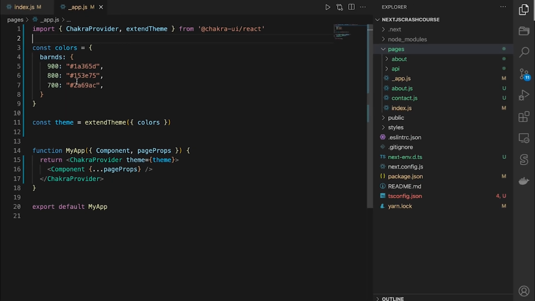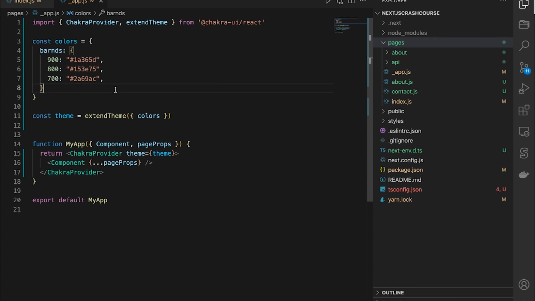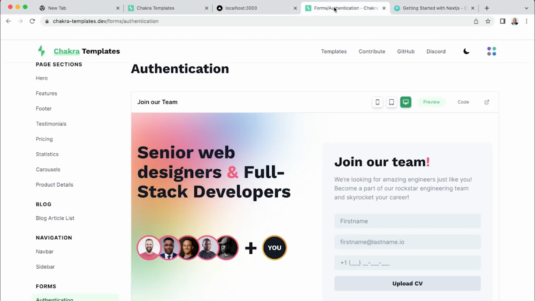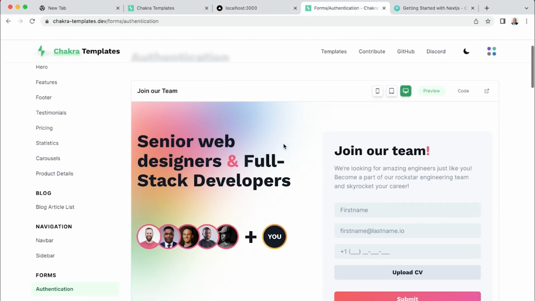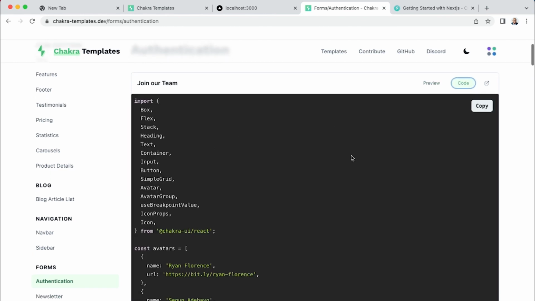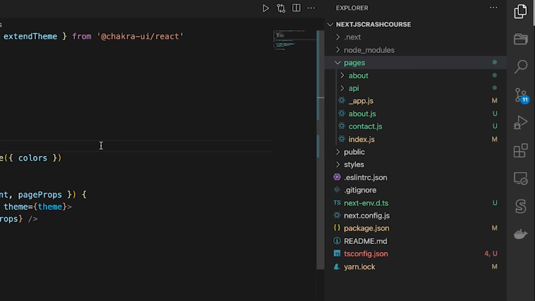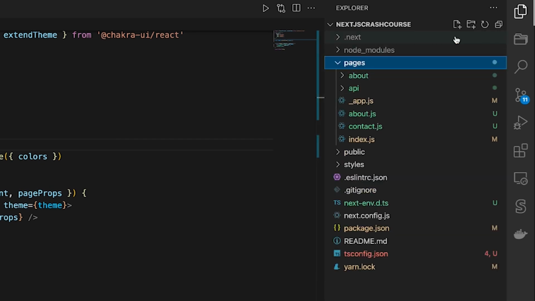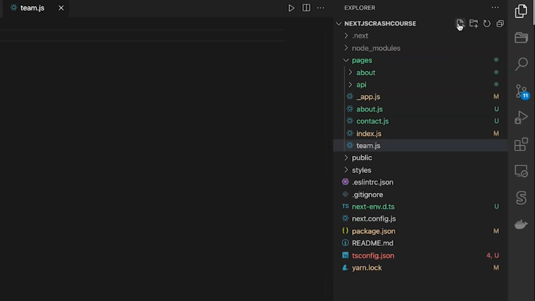But this is beyond the scope of this video. This is a quick overview of Chakra. But how do we start building this? We're going to come here and go to the Chakra templates. Once you navigate to whichever component you want, they give you the code, so you can literally just copy it. In this case, I'm going to create a folder here called team,